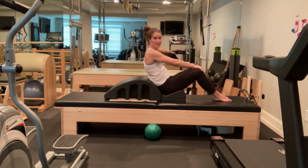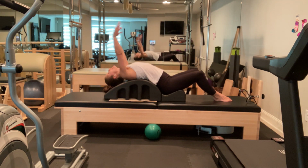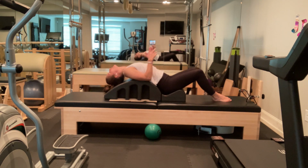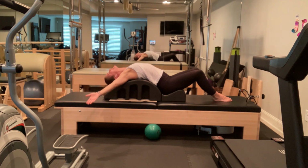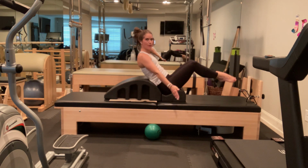So, I'm going to leave my feet in the diamond position. I'm going to roll back. I'm going to bring my hands up by my ears. Don't flare up so high that your back pops off. So bring your arms up to wherever you can and maintain that position. So you're going to have to maintain a squeeze on your corset or your ribs. Bring your arms around. When they get to the T again, you're going to crease at your sternum, articulate up,